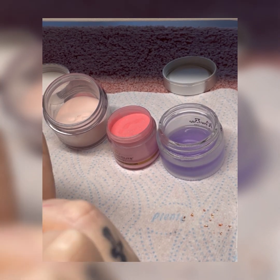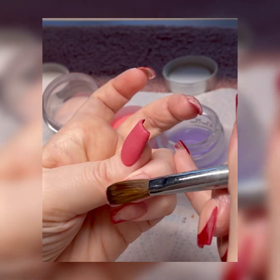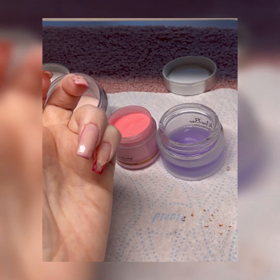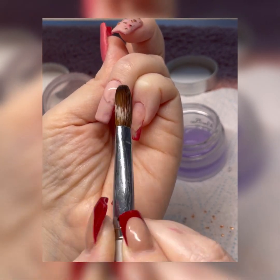And then onto the ring finger, I'm going to be doing exactly the same. So again, trying to get just good coverage with this plush cover. So it's good enough for me to stick some of my flowers and